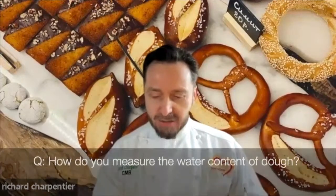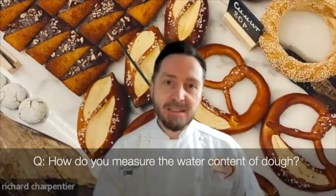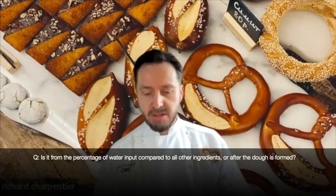It is zero. So for the last question of the day, someone wants to know how you measure the water content, and is it from the percent of the water input compared to all of the other ingredients, and after the dough is formed? So if you do not have any analytical machine such as a moisture meter